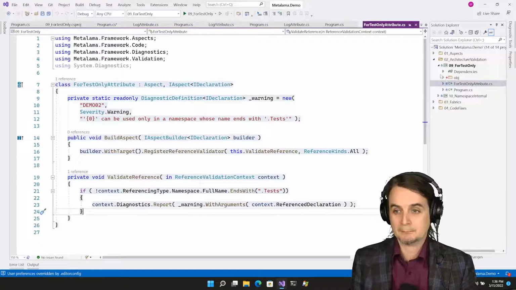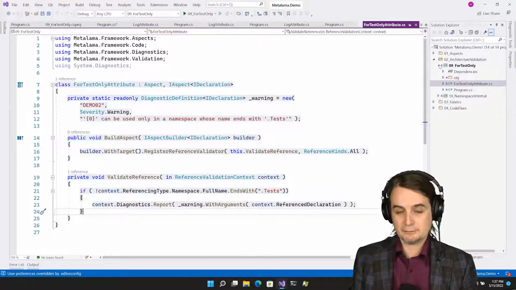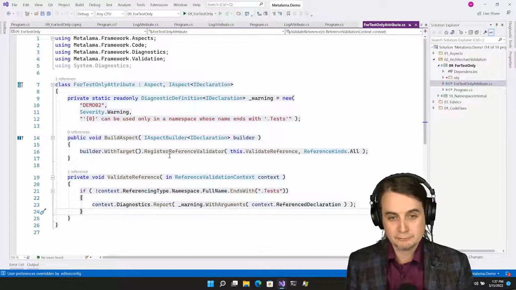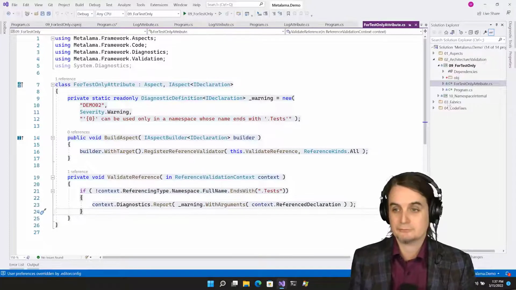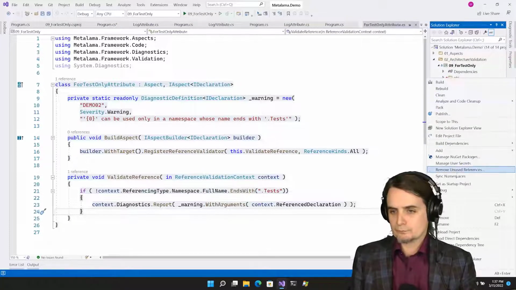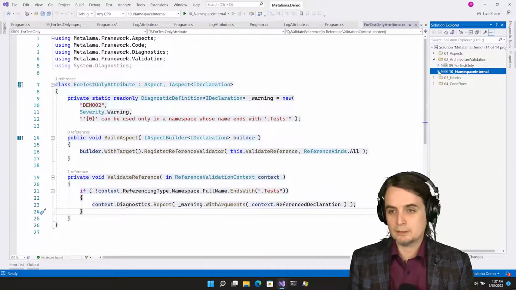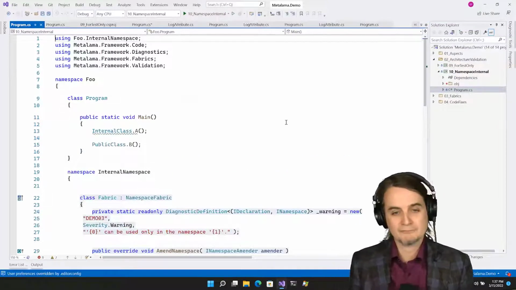And this is absolutely all you need to do for that. So you can validate architecture using this, and the basic mechanism to validate is to register reference validators. Now, you can use that in different scenarios too, and for this I will introduce the concept of fabric.